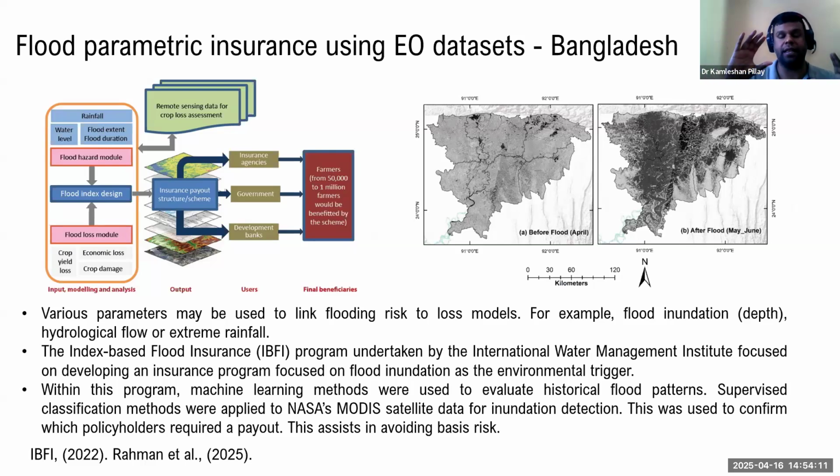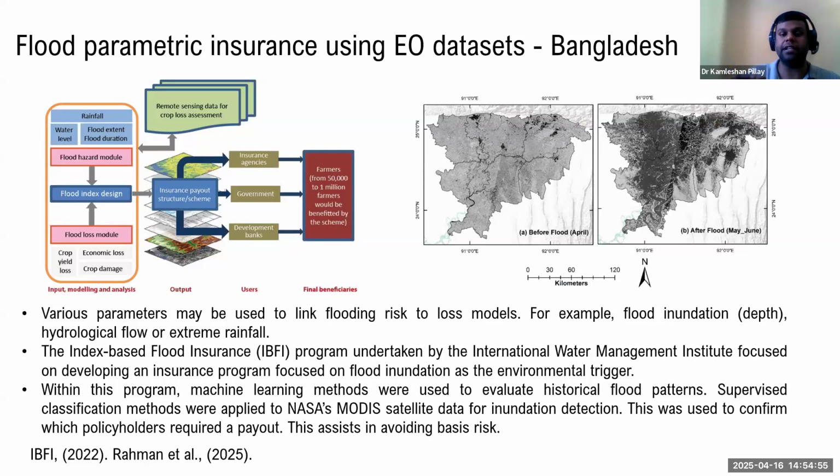So, of course, Bangladesh is a place where they have acute flooding risk because of some of the altitude and being below mean sea level. So this product was really a way of trying to protect farmers. They use supervised classifications, and you can see in the figure to your right that they used it. It's been used in remote sensing for a while, but they basically trained the data set using MODIS data, and they had it for quite a long time series, and trained it about where it would be able to detect